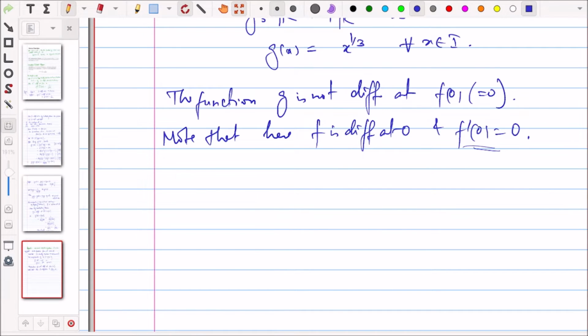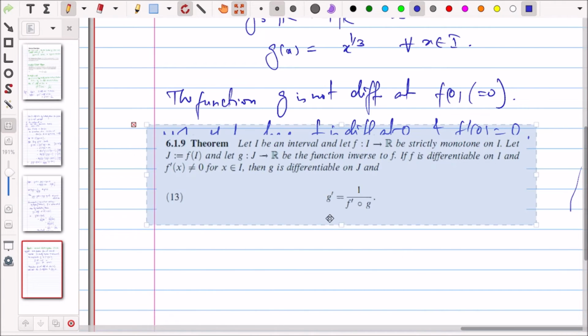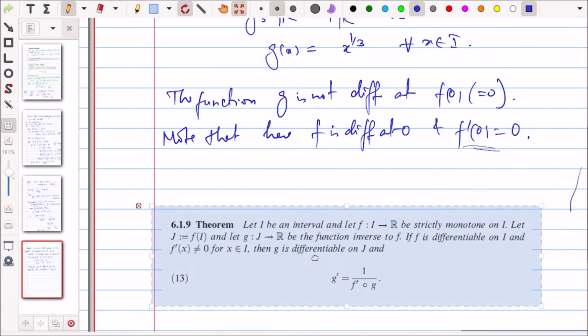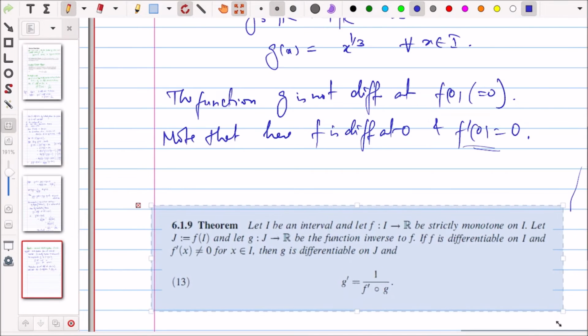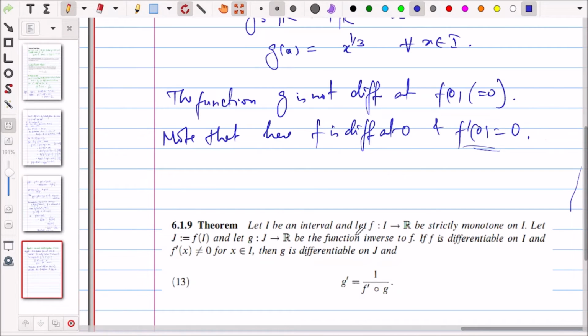Okay, so this is an extension. Now, instead of differentiability at a point, if we have differentiability on the whole interval, this is just the same theorem, except that instead of f being differentiable at point c, here f is differentiable on I, then we will say that g is differentiable on J. J is equal to f of I, and g dash is equal to 1 by f dash of g. So I is an interval, f is a strictly monotone function on I,